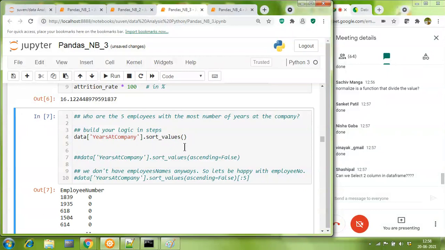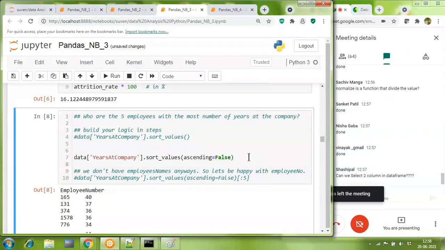Friends, by default, please remember, sorting happens in ascending order, where ascending means you're going to go from least to highest. Therefore, if I want to sort values, I need to give an option called ascending equal to false if I want it in descending order. If you don't give anything, it's ascending order. If you give ascending equal to false, that means you don't want ascending order. So naturally, it will be descending order.